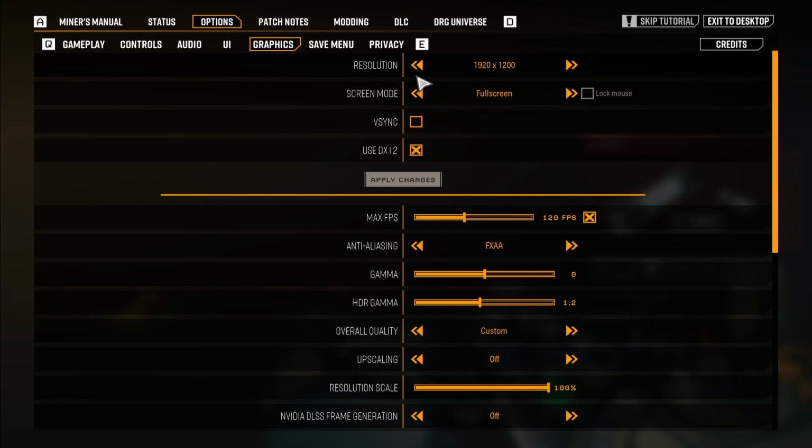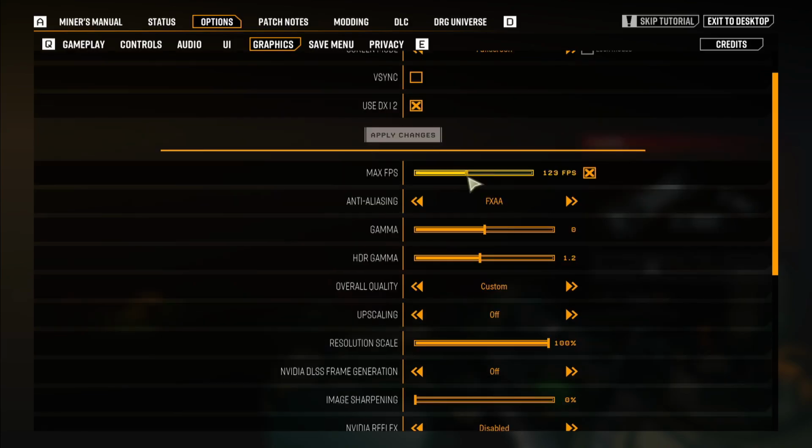Then within the graphics menu, make sure to choose the correct resolution and the screen mode for your device. If you notice any screen tears within your game, you will need to turn on VSync, otherwise leave it as it is. Now, if you have a lower end device or lower hardware, then you should not use DirectX 12. Now, you can use the max FPS and set it to your desired level or to match the display rate